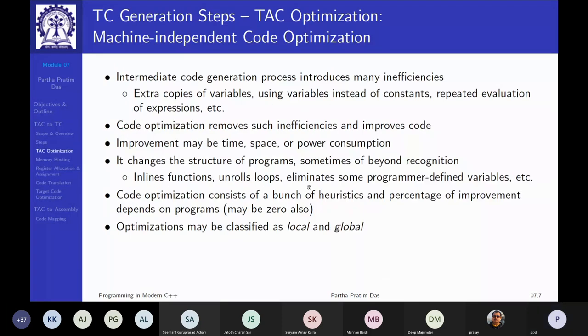Okay, so let me take you through each of these steps in a little bit more detail, starting with the 3 address code optimization. Right. So why do we need optimization? Because intermediate code generation process